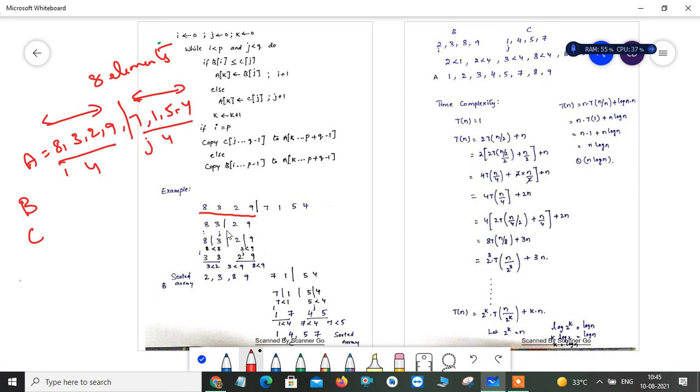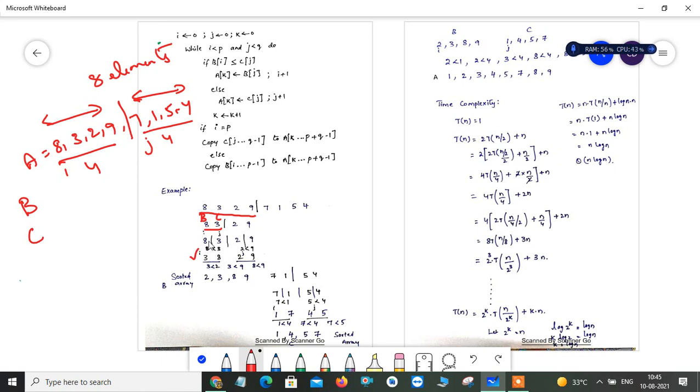Right, see, again it will be applied for divide and conquer, right? So again we have to divide into two parts. Again you have to divide into two parts. So now this is one part, this is another part, right? So now you can compare these two elements because this will become the B and this will become the C array, right? So then these two are compared. So now 8 is less than 3, the condition failed. So then what's happening? You have to take this one here. So now you have 3 and 8.